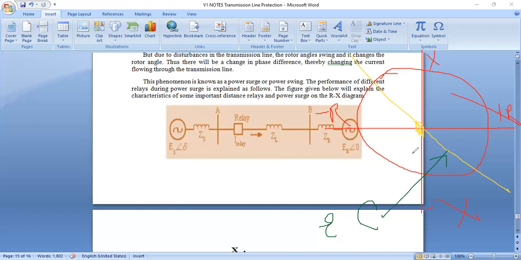Now, during the power swing, the relay sees a combination of the source impedance, and behind the relay, the transmission line impedance. Now, the source at the remote end, so the trip measures the value of the external